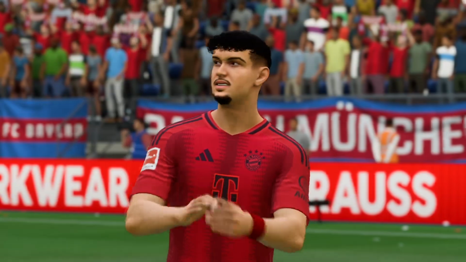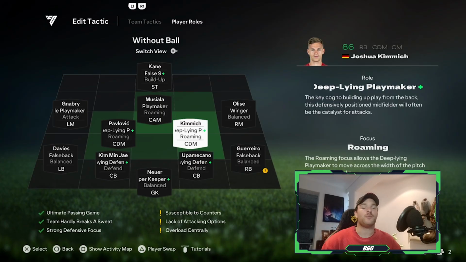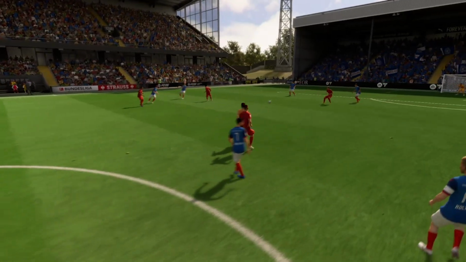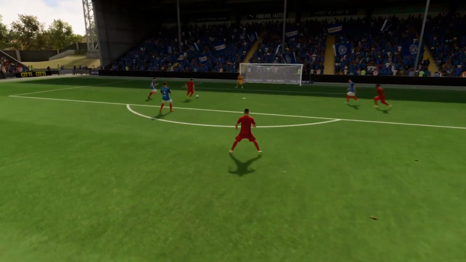The double pivot of Pavlovic as well as Joshua Kimmich will be set to the same role and instructions, and that will be deep lying playmaker as well as roaming. You want them to be able to roam higher up the field if needed, looking to try and overload and overwhelm the opposition in that final third, maybe even looking to rotate the pace of play on the edge of the